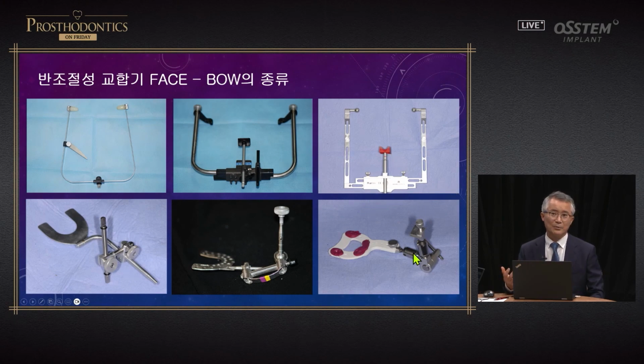You can use the right face bow for the articulator. When you're using a semi-adjustable articulator, it's not going to be a problem. Once you try, I think the Attex assembly is really excellent. There's no resistance, so I really enjoy it.